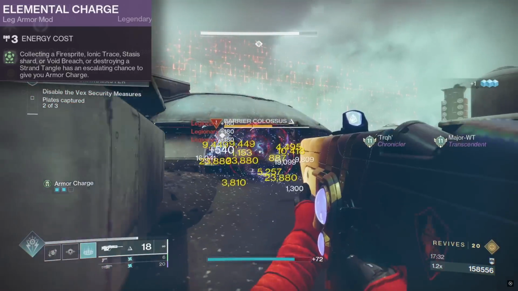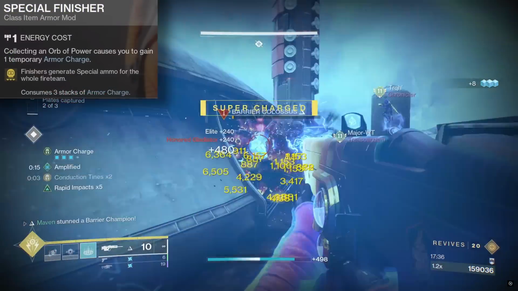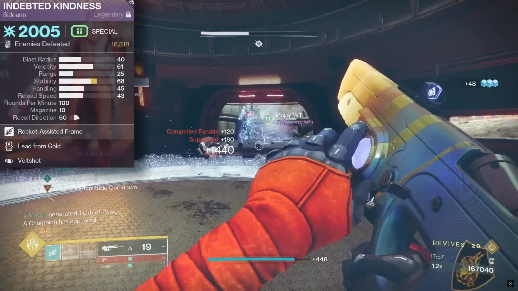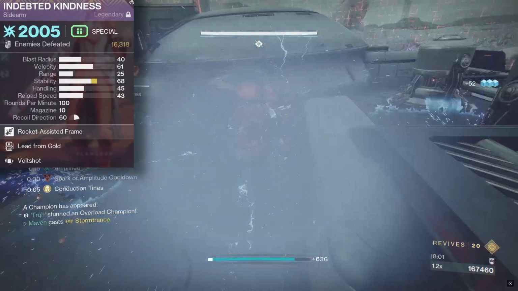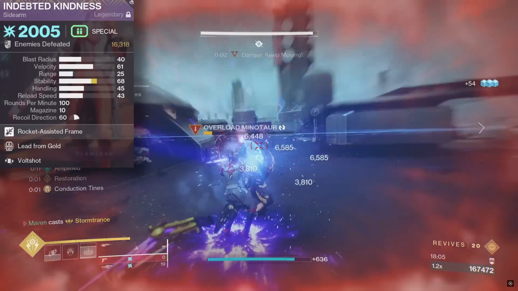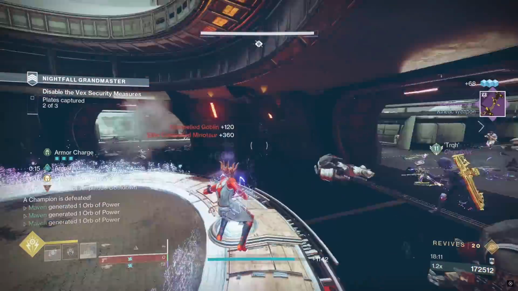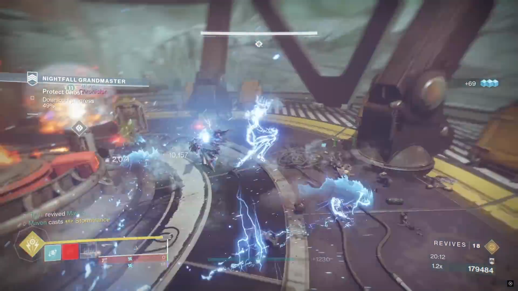This means that we can spam a ton of special ammo finishers which consume 3 armor charges when you finish an enemy to generate a brick of special for you and your teammates. And that means we can really abuse our indebted kindness with Volt Shot, which just feeds into the jolt synergies with this build. Now this here is the optimal roll of lead from gold with Volt Shot, which I would say is 100% worth farming for, but in the meanwhile, if you don't have this roll, then Banshee is currently selling one with loose change in Volt Shot, which should suffice for now until you get it,